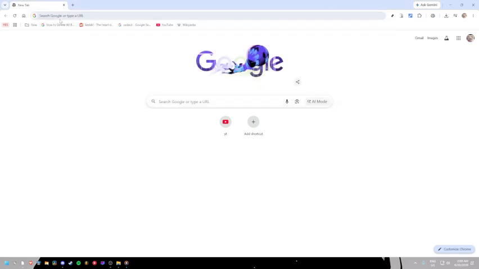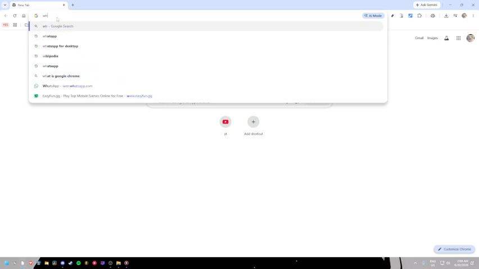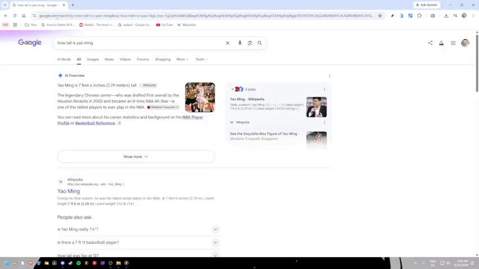In Google Chrome, this bar can do two things. You can use it to search the internet, or you can use it to go directly to a specific website. If you want to search for something, click inside the bar at the top of the screen. Then type your search query. This can be a word, a phrase, or a question. After you type what you want to search for, press Enter on your keyboard. Chrome will load a search results page, and from there you can choose the result that looks most useful or